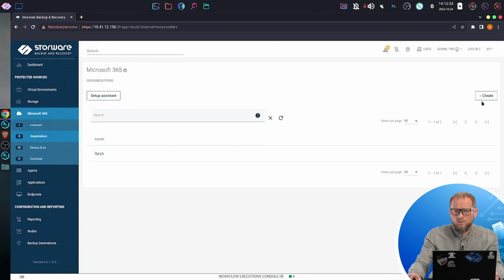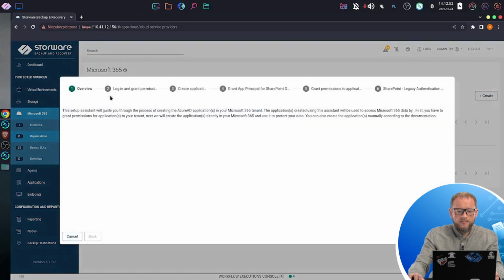We can do this manually, but I think it's quite time and work consuming, because you need to create a new application inside your Azure environment. Then you need to grant about 30 permissions to this application. What you can do to make it more convenient is use our setup assistant. This is a simple wizard that guides you through the